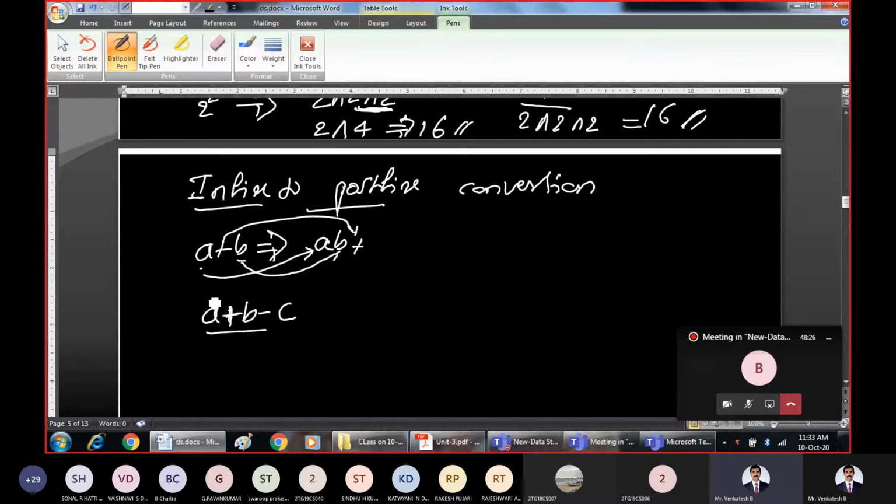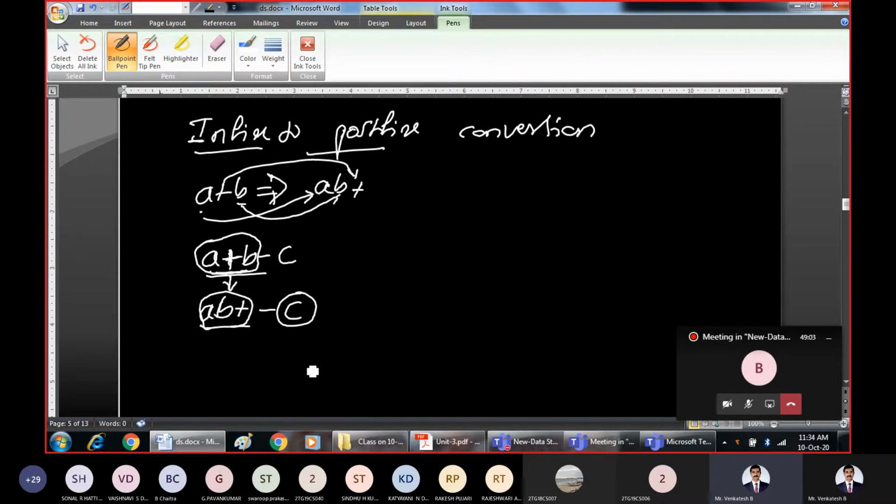What is the outcome of this? To evaluate this sub-expression from the entire expression, just concentrate on it. How do you convert it to postfix? First write this operand and then this operand: write a, then b, then the operator plus, ab plus. So this has been converted to postfix. Then write the remaining expression as it is, minus c. Now this becomes one operand and c becomes another operand. We have two operands now, and this must be converted to postfix.